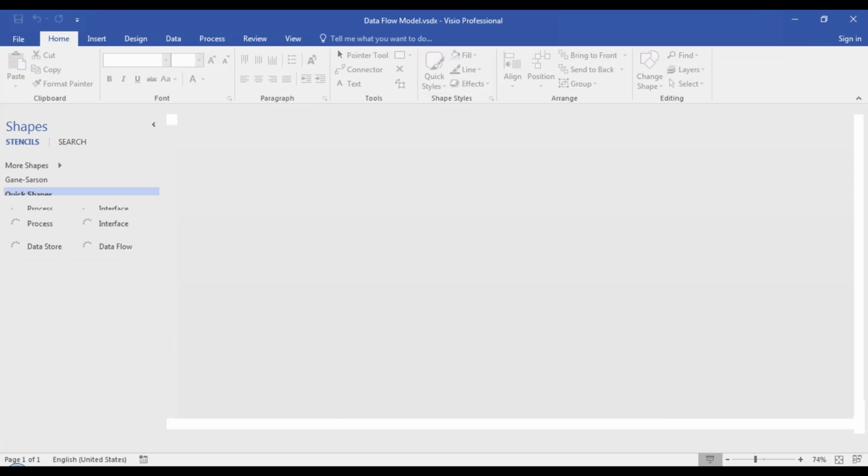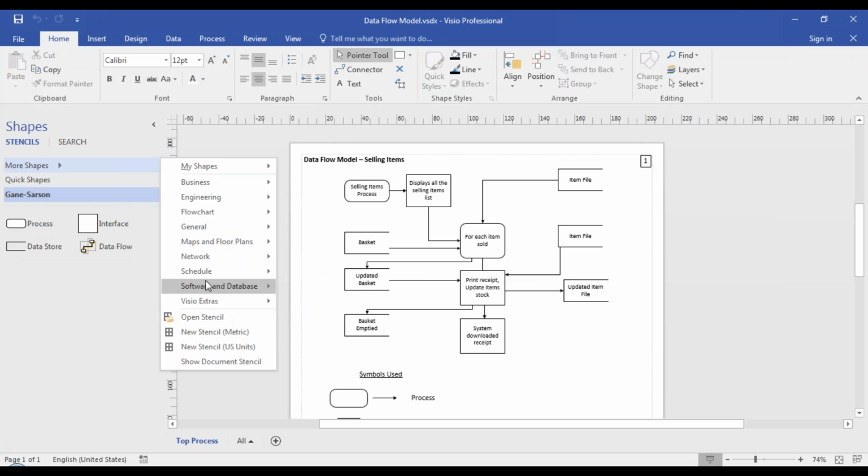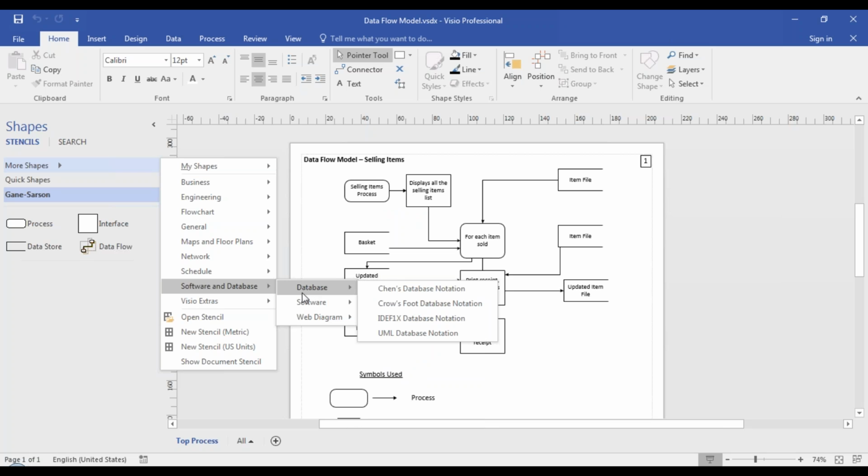These are all referred to as the UML diagrams. There are several UML diagrams that you can see. We will be covering UML activity, UML sequence diagram, UML state machine diagram, UML use case diagrams. We will also work on data flow diagrams, DFDs. Under database, we will be covering Chen's diagram and Crowfoot diagram.